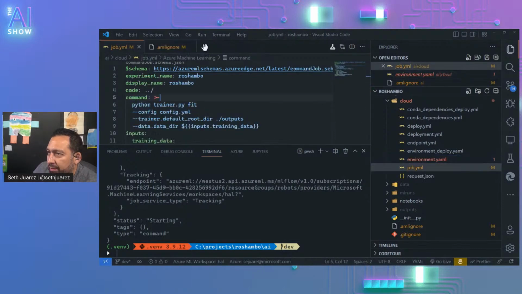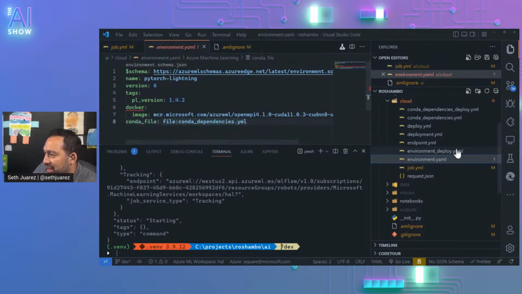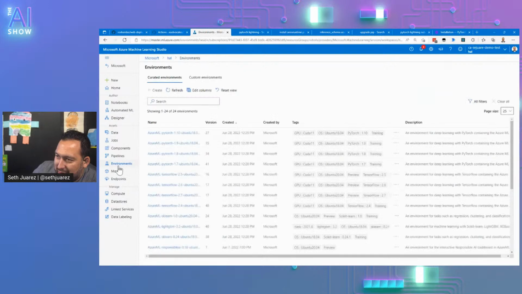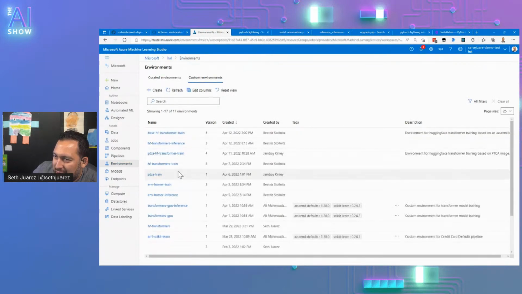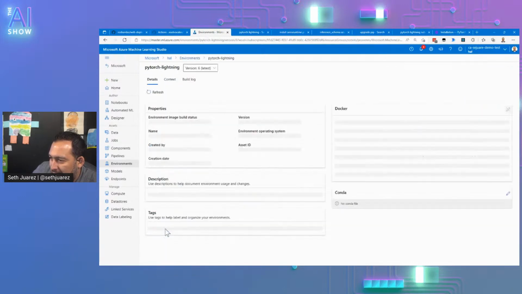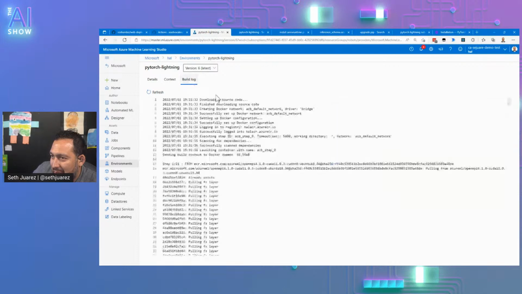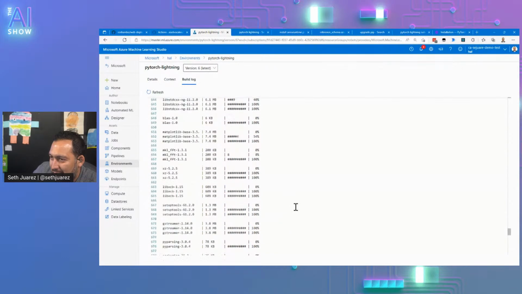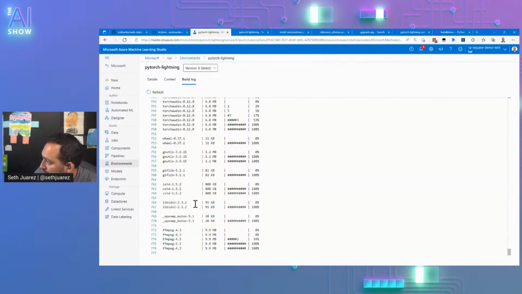We need to fix our environments. I might clean this up later because it turns out that these things take sometimes 15 to 20 minutes to build. It's just a limitation of container stuff. Right? I mean, it just is what it is. PyTorch Lightning number 6. Yeah, it's just running. I don't know why it had to rebuild it. It's kind of a bummer. Looks like it's on Python 3.8 too.